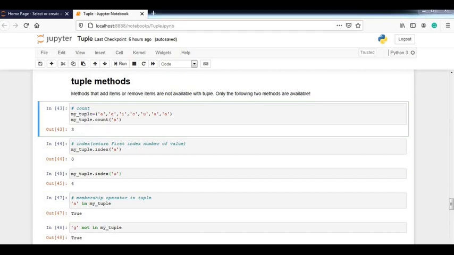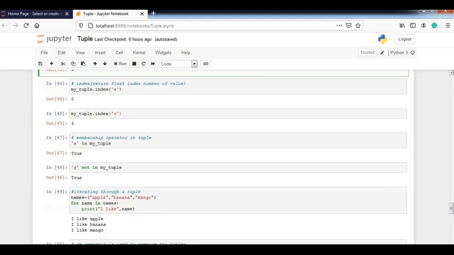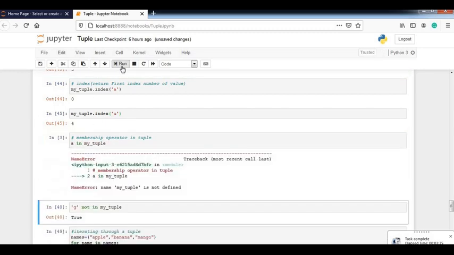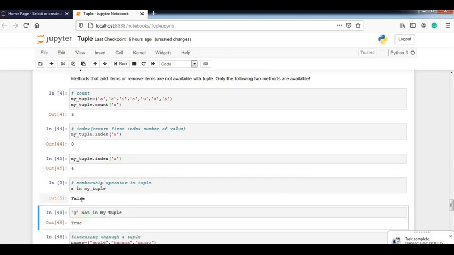Next is the membership operator. How does it work? The membership operators are in and not in. I'll simply check whether A is in my tuple. See, if you just write A here, it will give you an error. If I write A in my tuple, it will simply give you false.